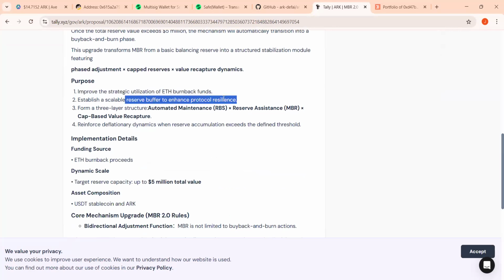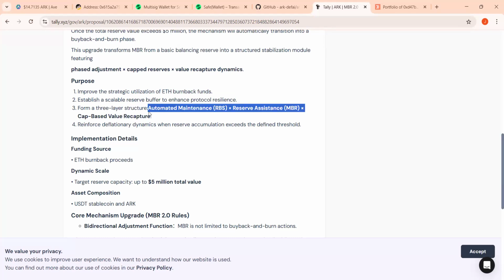Basically, to make the ARK liquidity reserve last longer and become more sustainable, as well as to form a 3-layer structure. Basically we have the RBS, the reserve assistance, and the MBR, the cap-based value recapture. So this will reinforce the dynamics